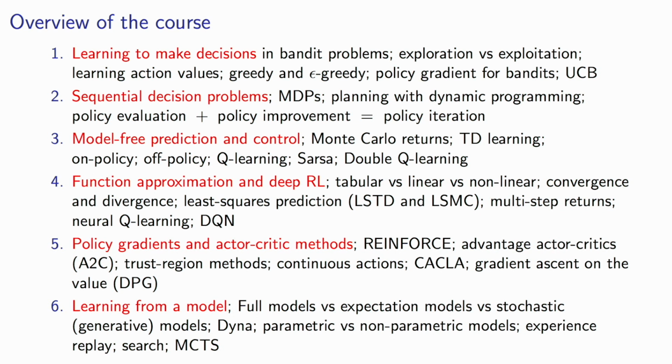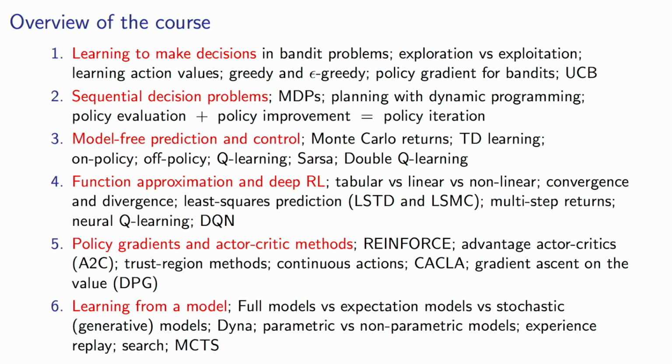These least squares methods, if you have n features that you're learning from, so your value function is a linear function from some feature vector, and this feature vector has n components, then these least squares methods take n squared compute, whereas if you do a TD learning method, it would typically only take n compute per update step. That said, these least squares methods tend to be more data efficient though. So if your feature vector is fairly small and you can get away with using just a linear function, and the data is more expensive than the compute to do the updates, which is quite often the case, then you should perhaps consider using these least squares methods.